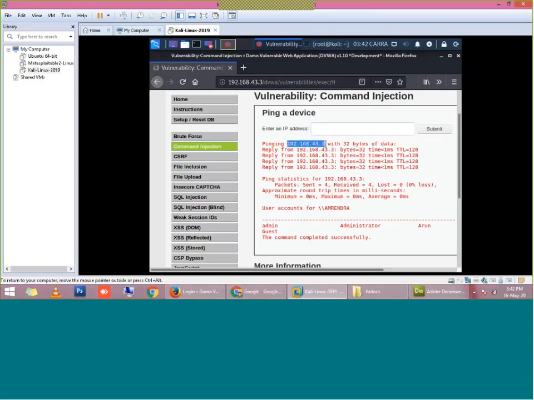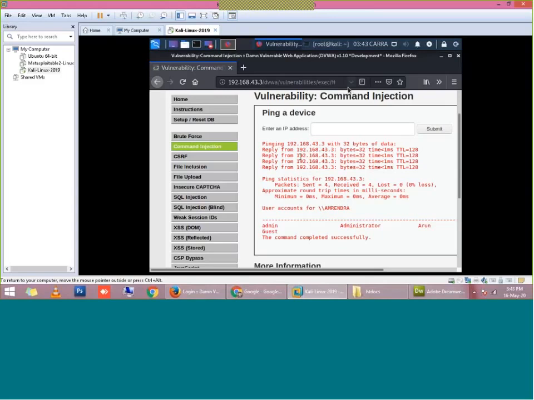And how was it possible? Because of this vulnerability called command injection. Because the services running on the victim machine are vulnerable. How does the attacker get the idea to inject this command? Because he has found that DVWA is running on the victim machine, and DVWA must have some vulnerability, right? So he will try to exploit this vulnerability. If you are accessing any website and you know that this website has the vulnerability of command injection, then sitting at your home, you can give any command to the operating system, the web server, and you can do anything.